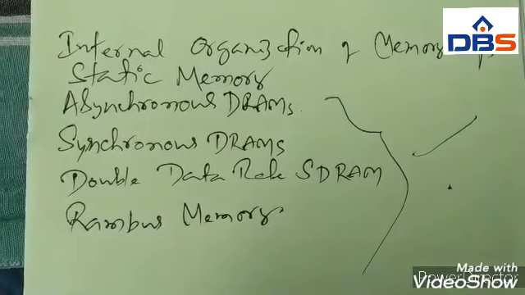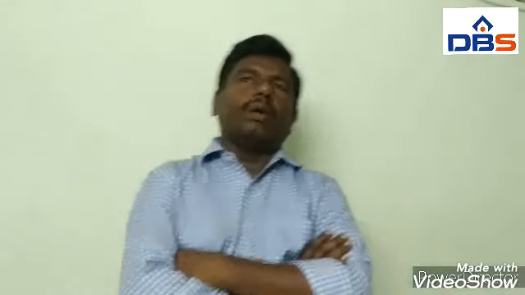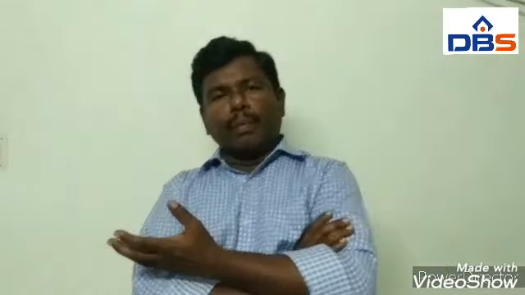Now coming to the last topic, RAM bus memory. It is especially used to increase the data rate of reading as well as writing. What do data rate reading and data rate writing mean? Parallel lines of buses are used to read the data from the memory, and that data is stored in the processor.